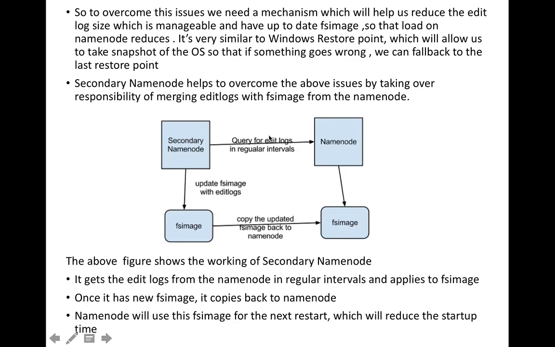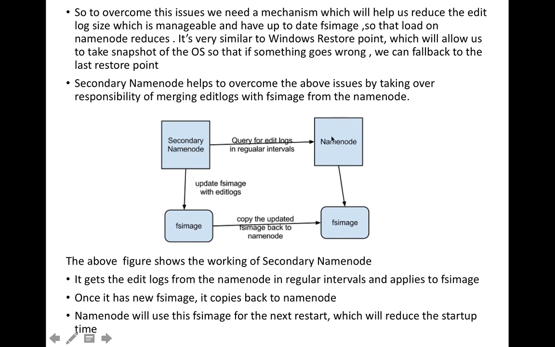So the secondary node works like this. For example, you have a name node and a secondary node. First, when this machine starts, they create a first image. They copy the first image to the secondary name node. When you copy the FS image to the secondary name node,